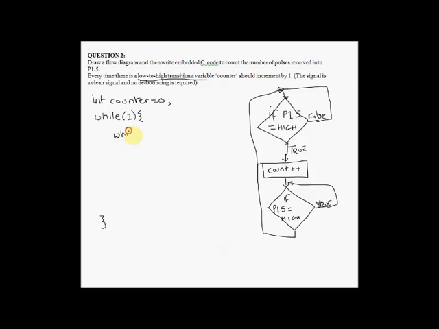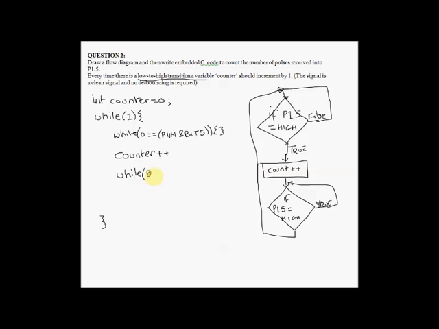Firstly, while 0 is equal to P1IN and bit 5, we're going to wait, so that implements this part of it here. When it's not true, when it equals 1, we'll come down to our count condition. So we say counter plus plus, do our count, and then we have another while loop,